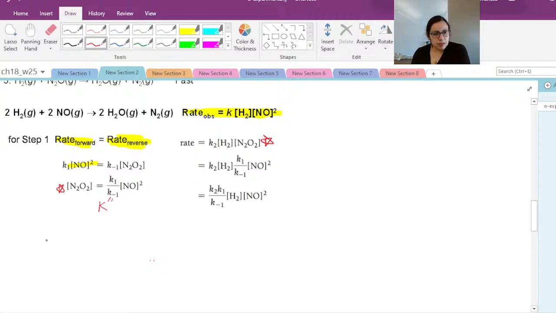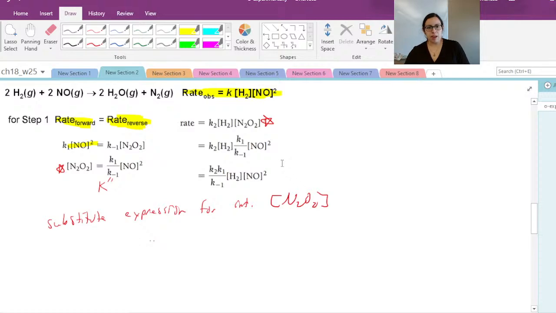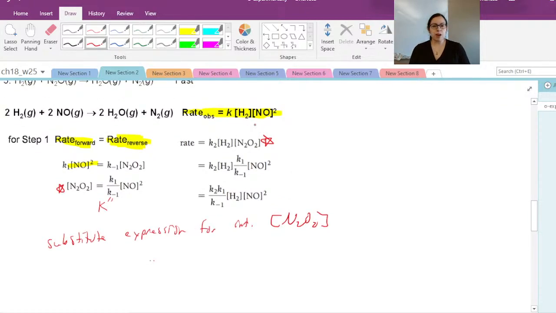So let's substitute the expression for our intermediate. Again, we can't use N2O2 in our expression. It's not our reactant. And again, slow step, rate determining, so that's why we care to plug it into